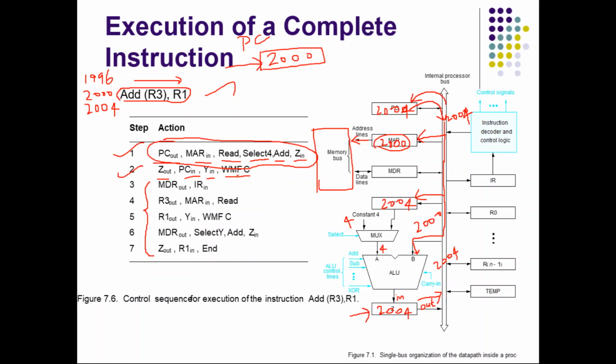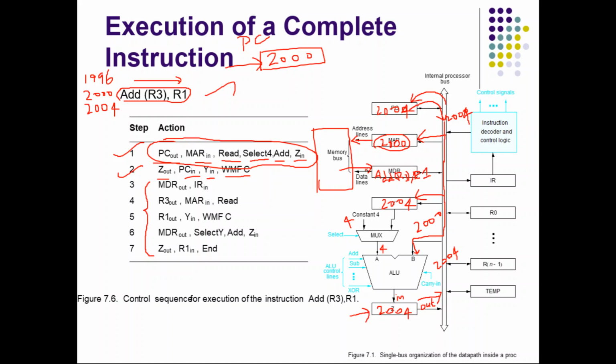Once it is completed, that instruction is supposed to go to the instruction register. But first it won't go to the instruction register. MAR gave the address 2000 previously, asking for the content available there. That content will first be transferred to MDR. So what is that content? This instruction, add R3 comma R1, the same instruction as it is. It will first come to MDR. Then from MDR you have to transfer it to IR, because whenever you fetch something from memory it will come to MDR only.